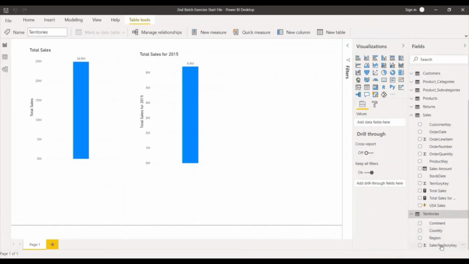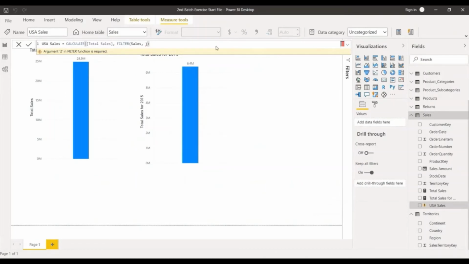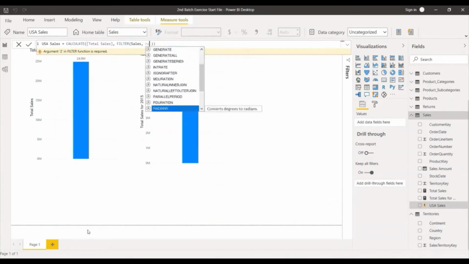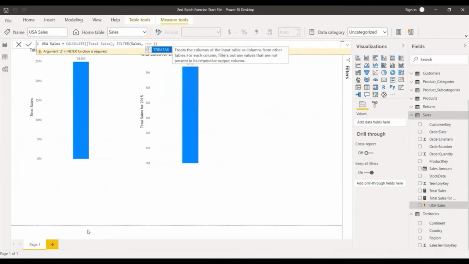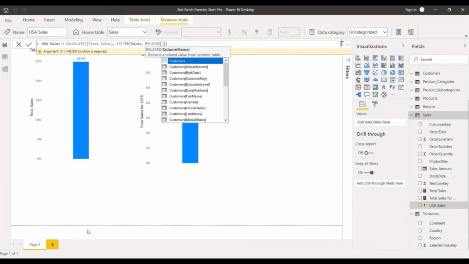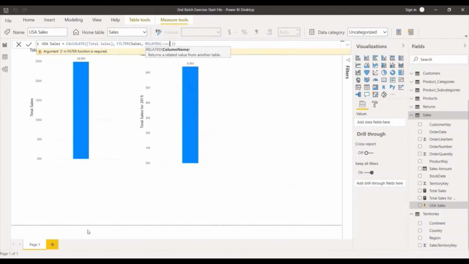You have the country name over here in the territory table. So here we want to use the RELATED function. What are we relating? We are relating the sales table with the territory table. We want to have the country.